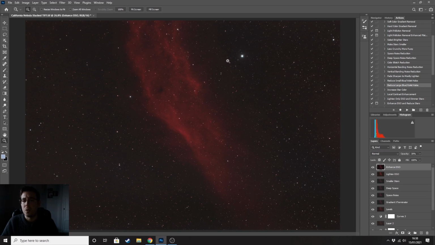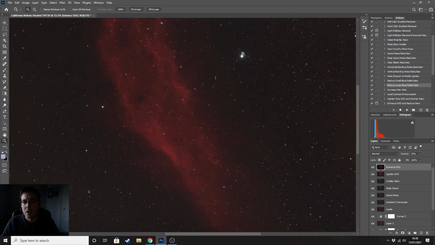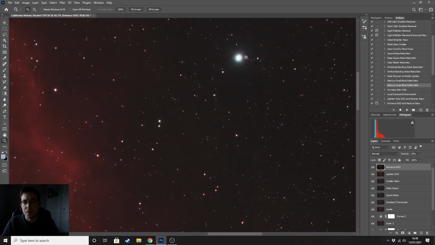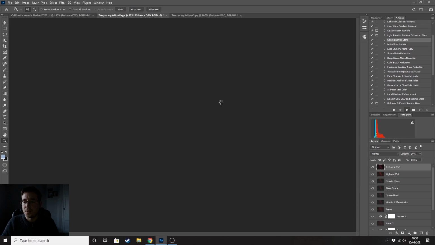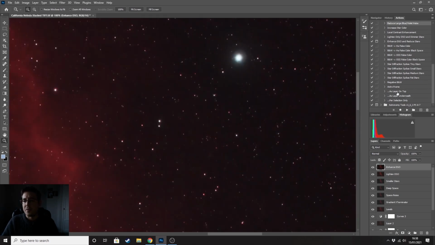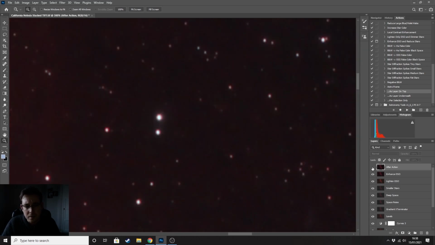Reduce large blue/violet halos. I'll try. I don't normally run these, to be honest with you, but I can see a halo around quite a lot of these stars, so I'm going to run that and see what it does. One thing that you can do is run these actions, and then after it's finished running, you can add it as a layer on top. So if I now hit play on that, everything that just happened on that last action is now in a new layer. So if I zoom in on that,